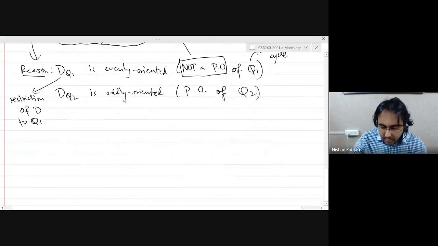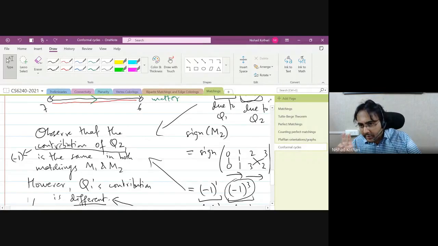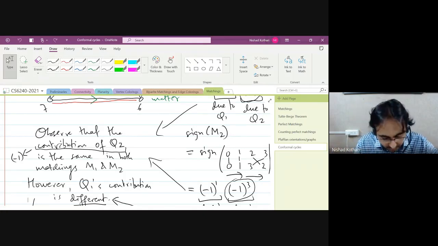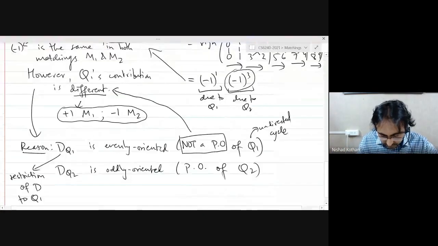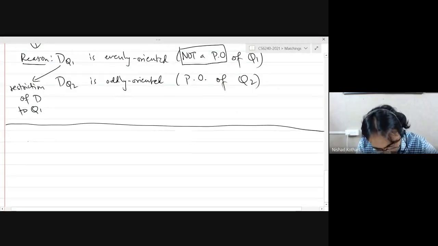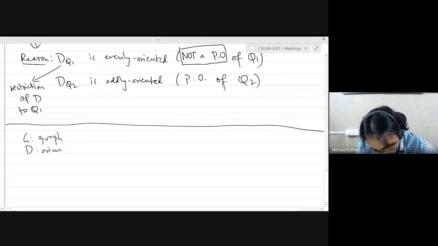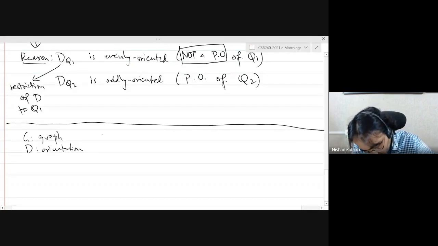So if you have two evenly oriented cycles, what will happen is one of them will switch the sign, but then the other one will switch the sign again. So now they will be of the same sign. Okay, so the observation here is, given a graph G and an orientation D, and two perfect matchings M1 and M2,